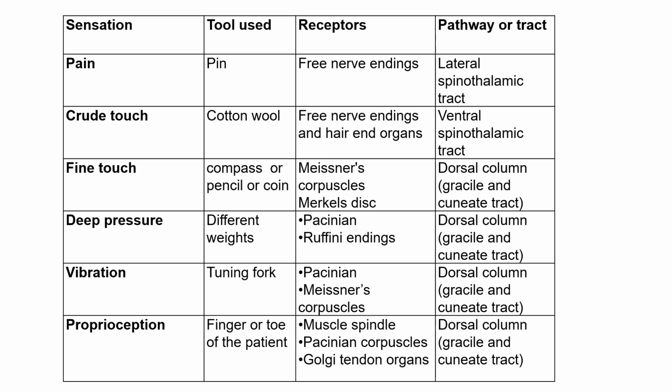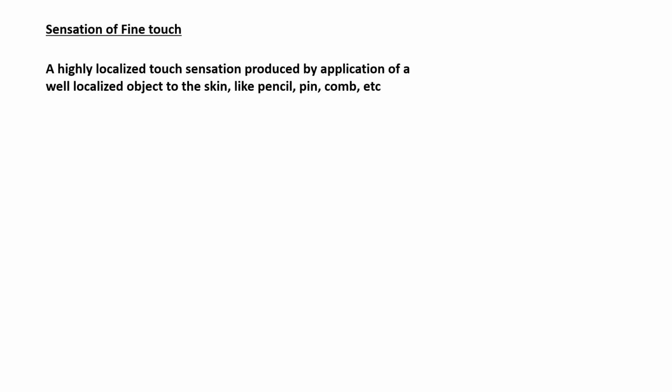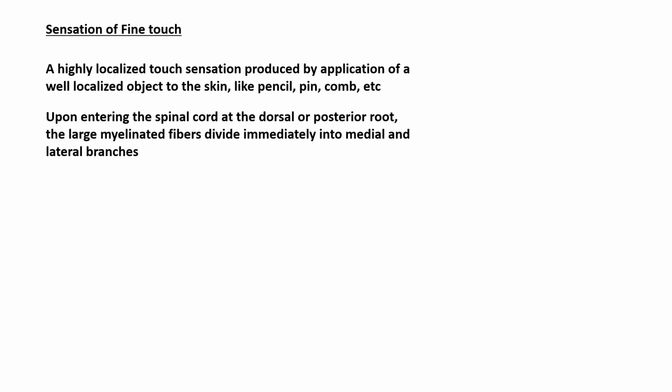Okay, let's begin by looking at sensations transmitted through the dorsal column. All right, so you know, fine touch, deep pressure, vibration, proprioception, all these impulses are transmitted to the cerebral cortex via the dorsal column. Look at sensation of fine touch. Okay, so it's a highly localized touch sensation produced by application of a well-localized object to the skin, like pencil,